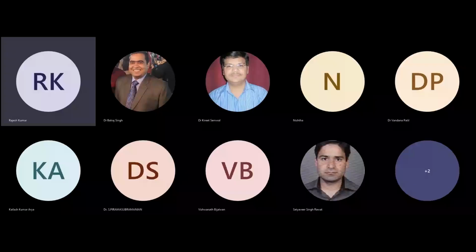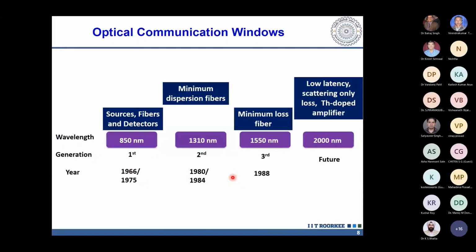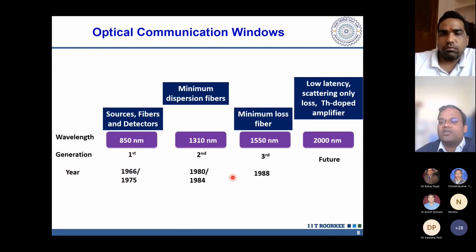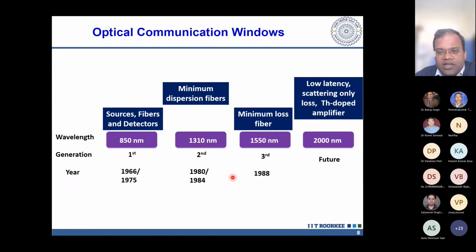The speed of light is highest in vacuum or in air. So somehow if you can create an optical communication channel where the light is traveling in air, it will give you low latency. So yeah, somebody is saying something?